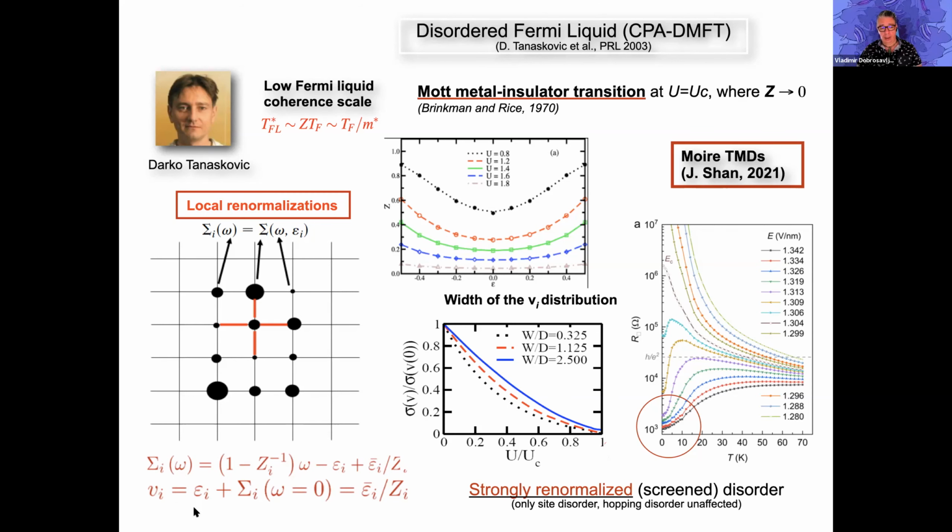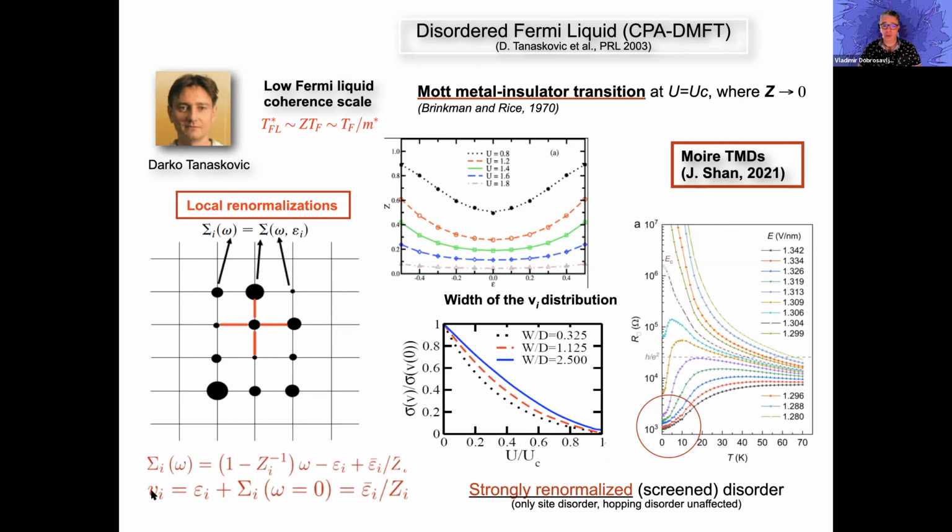So remember, when Z vanishes, this is a Mott insulator. If you have a broad distribution of Z's, some regions are more Mott-like, some regions are more metallic-like. An additional feature of this Fermi liquid is renormalized disorder, which is given by the bare disorder plus a zero-frequency component of the self-energy, and that gives you a renormalized disorder potential, which is what the electron sees on its travel.